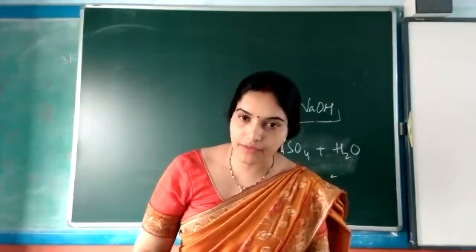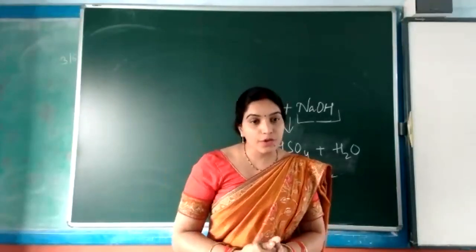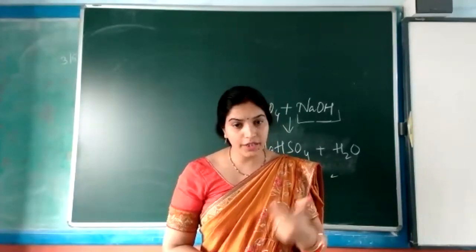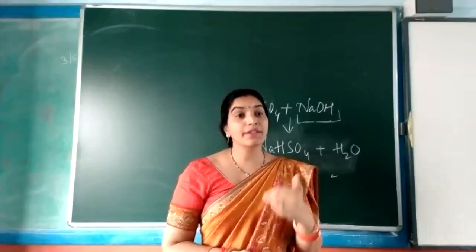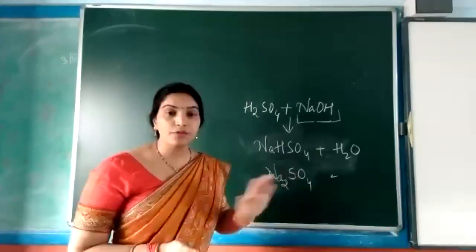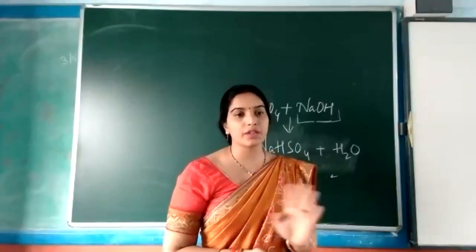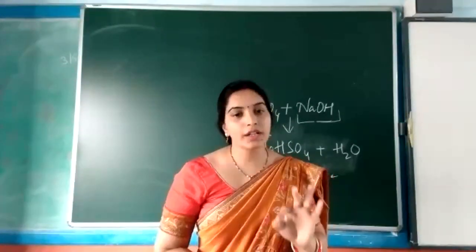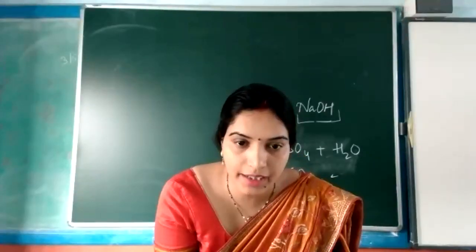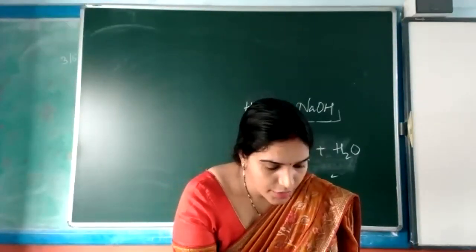The third point of difference which we have studied is that acidic salt contains replaceable hydrogen in it. NaHSO4 is there, no? Acidic salt. So it contains a hydrogen atom, so it has a tendency to produce H plus ion. Whereas Na2SO4 is a normal salt. It does not contain any hydrogen atom in it, so it will not ionize, or if it does ionize, it will not produce H plus ion. Is that clear? Clear to everyone? So next is